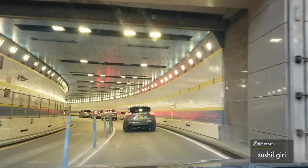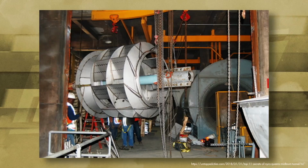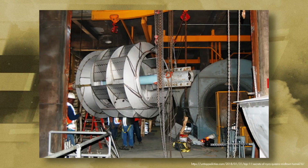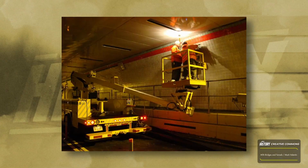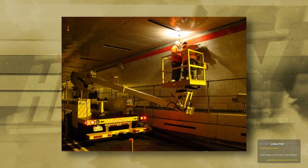We should also add that the Queens Midtown Tunnel originally had 23 ventilation fans, each the size of a small car. However, they were worn out or exhausted after 65 years on the job. So as part of another $18.8 million renovation, the carbon steel bladed fans were replaced with stainless steel ones, which